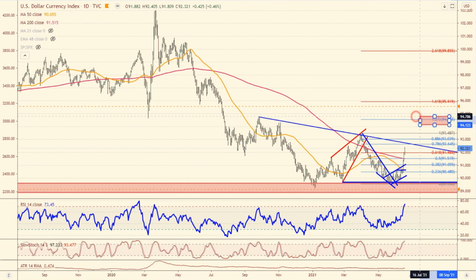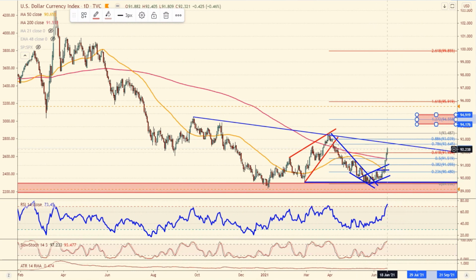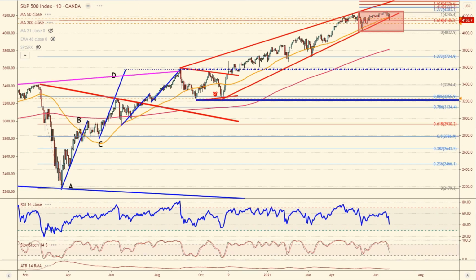I'm not sure if we're going to go there this next week, but I think those risks are building based on how fast of a move we made higher. So I think a lot of the dollar is going to be dependent on what happens with risk appetite. So watch stocks, and the fact that we've broken down in the S&P below this ascending wedge trend line puts in a risk of a bigger dollar move.